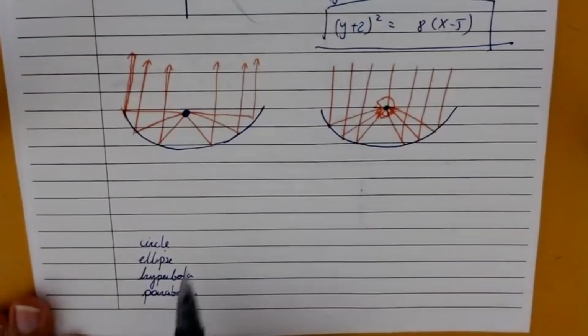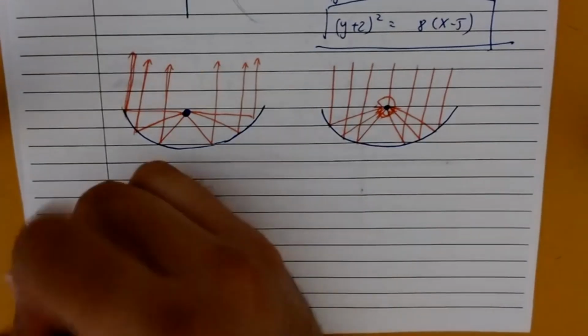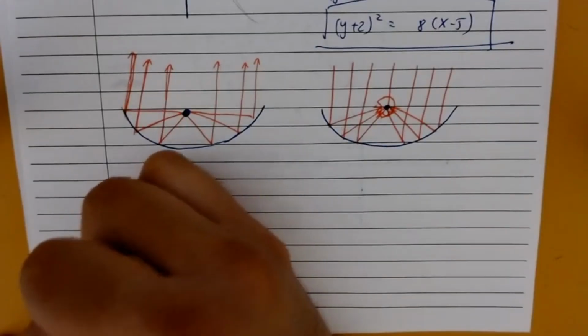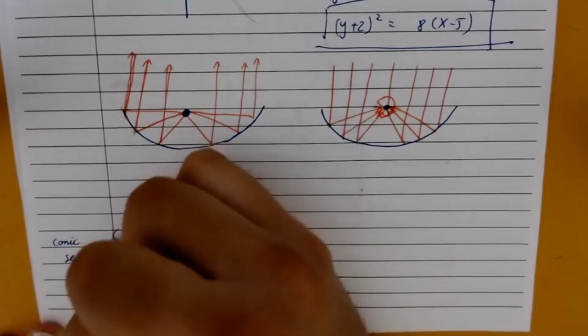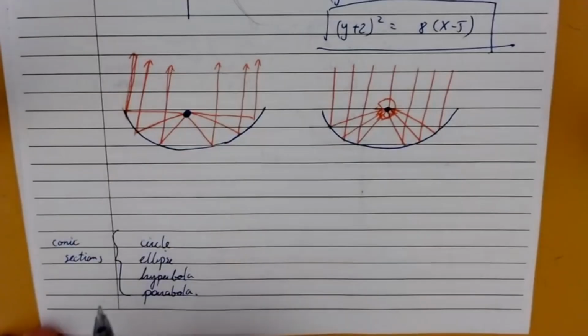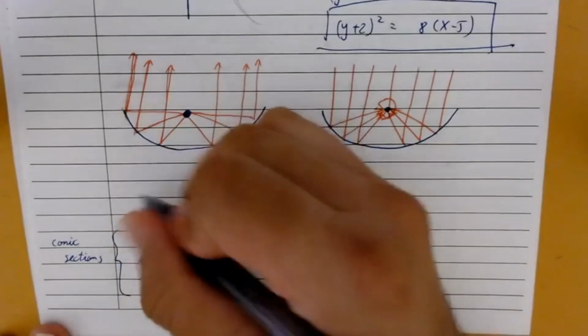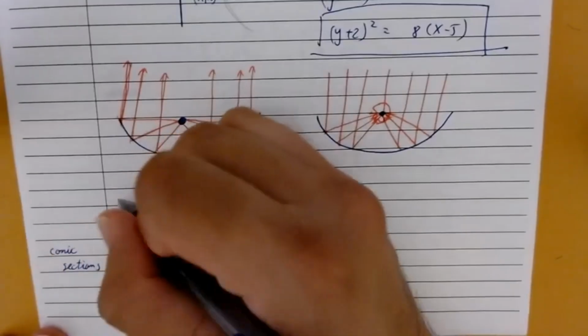It turns out that all of these, they're all related because, of course, geometrically, they're all the cross sections of a cone, hence the phrase conic section, right? A cross section of a cone, a conic section. But not only are they related geometrically, they're related in terms of the way their equations are written. The general form of a conic